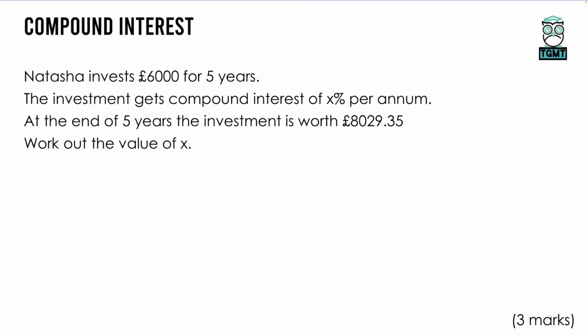Now, if we knew the percentage, we would do 6,000 multiplied by, and it's a bit of a strange one because we don't know the number there, but it would be 1 point, usually 0 something, because it's normally a single digit. So we don't know what it is, and that's what we're going to need to figure out. So for the moment, let's just call that multiplier the letter x, as that's what it's told us is a percentage. It's going to be to the power of 5, because there's 5 years, and we're going to get the answer